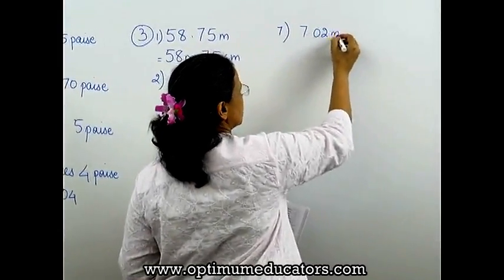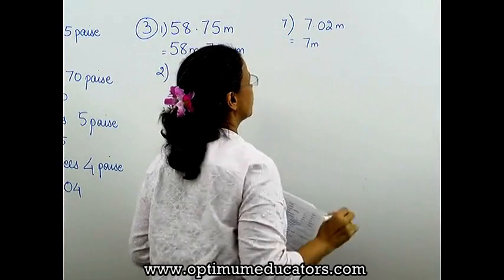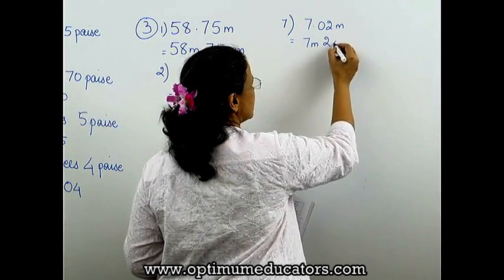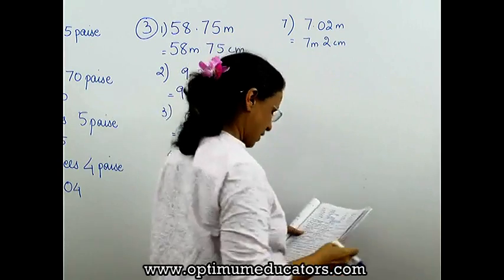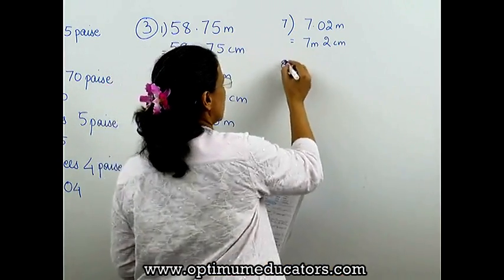7.02 meters will mean 7 meters and 2 centimeters and only 2 centimeters. And the last one, eighth one,